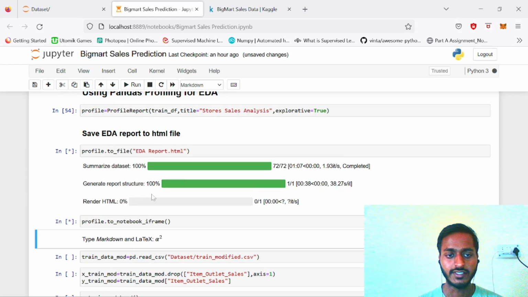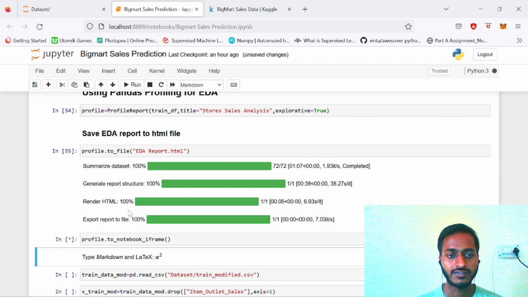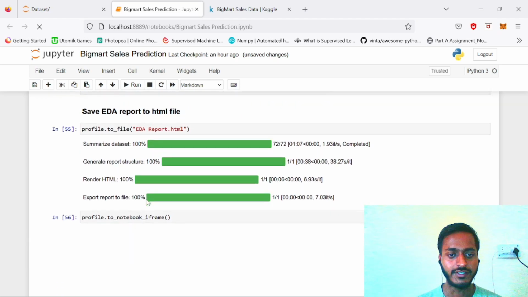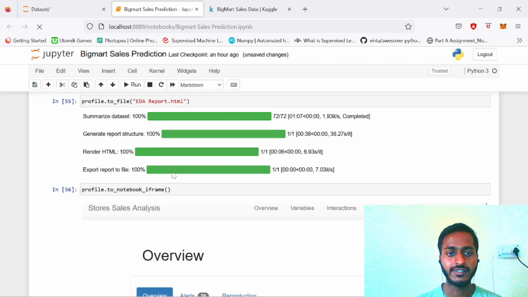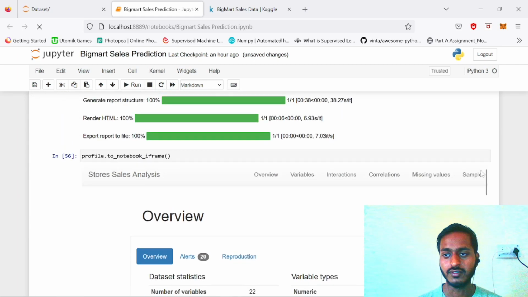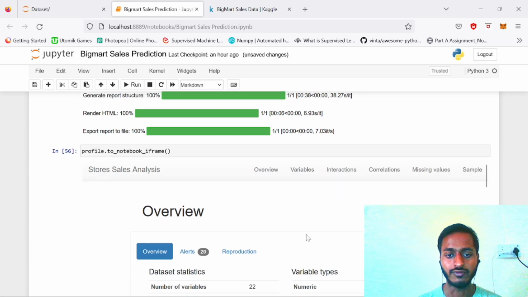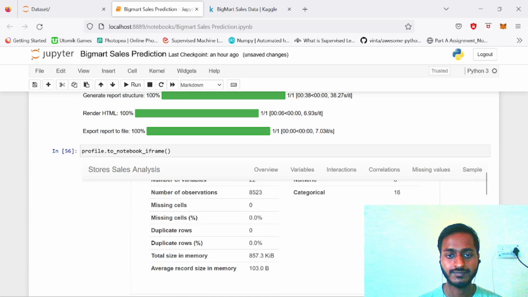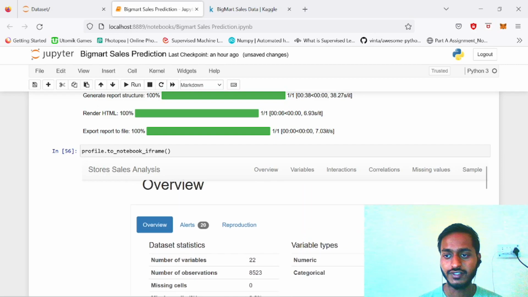So the report has been generated and it is now rendering to our HTML file. That has also been done and exported to our HTML file. So here in our Jupyter notebook we can also see our report. Here, if you check out